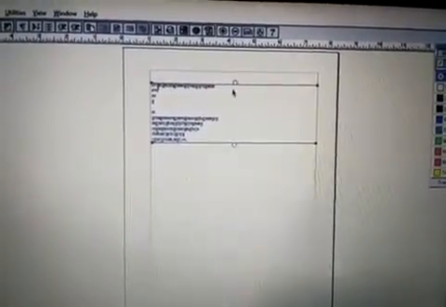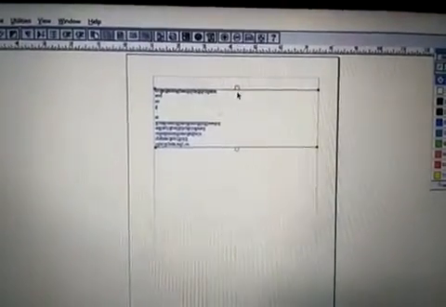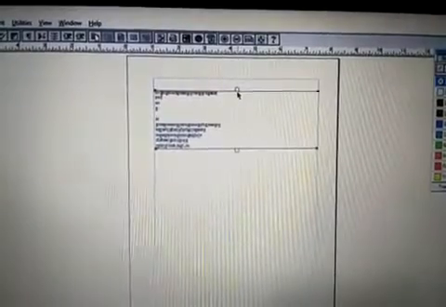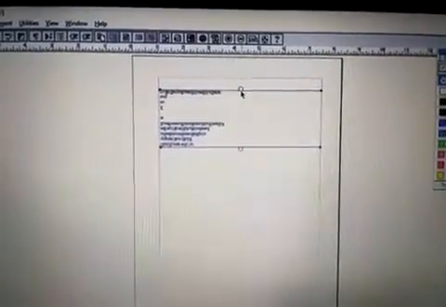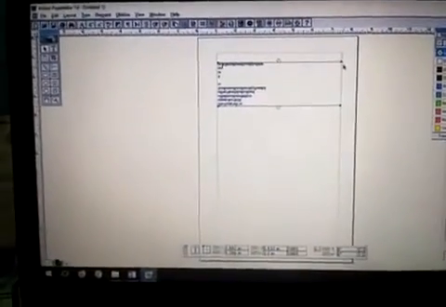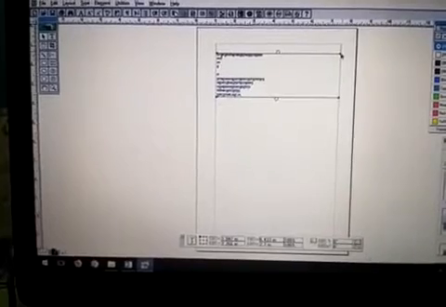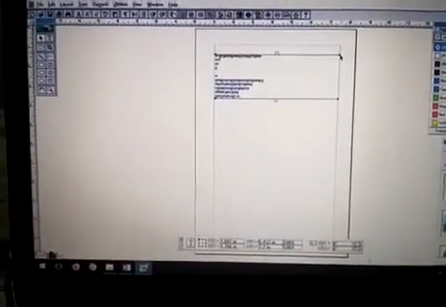With the help of the window shades we can easily add or remove text or resize the text block, and with the help of the black points we can also easily change the size of the text block.